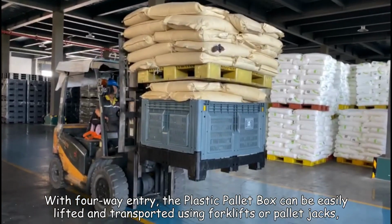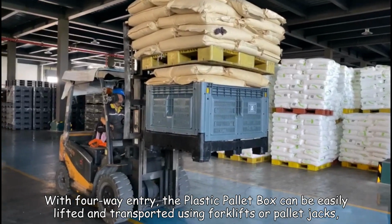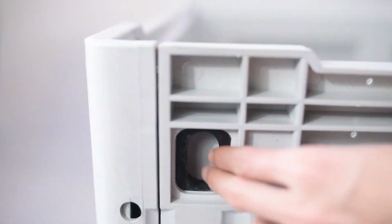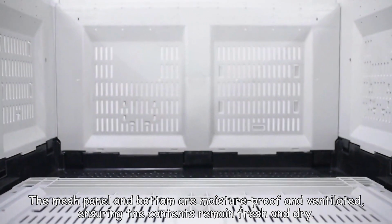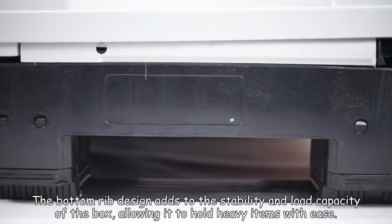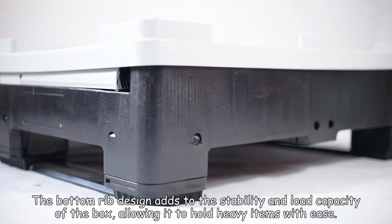With four-way entry, the plastic pallet box can be easily lifted and transported using forklifts or pallet jacks, making it convenient and versatile. The mesh panel and bottom are moisture-proof and ventilated, ensuring the contents remain fresh and dry. The bottom rib design adds to the stability and load capacity of the box, allowing it to hold heavy items